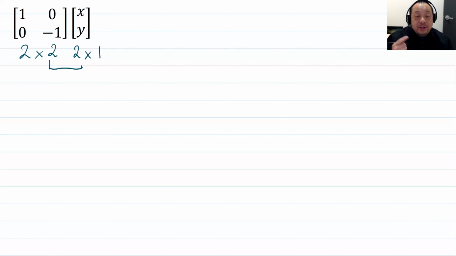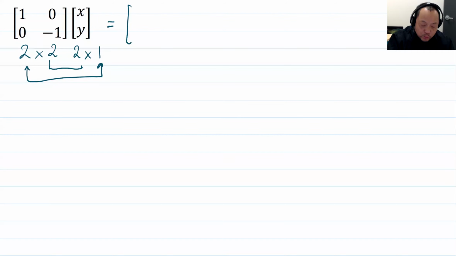The inside numbers are the same, so the multiplication is well defined. And the answer will be 2 by 1 based on the outside numbers that we see there. So the answer will have 2 rows and 1 column. The first number on top will be this first row dotted with this column. And therefore, it is equal to